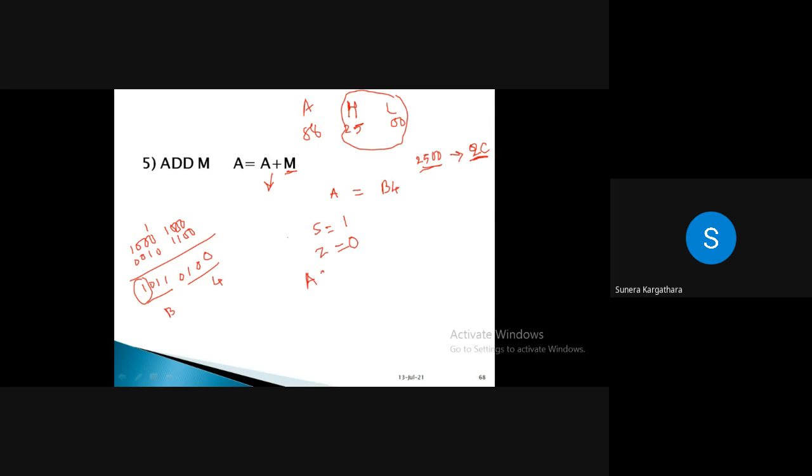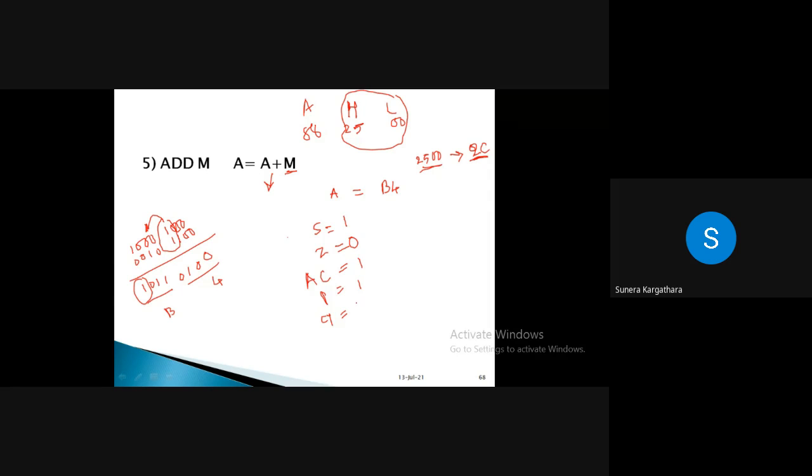What about auxiliary carry? It will be 1. Student, can you see here? The carry will be propagated from the lower nibble to the higher nibble, right? हमने जहाँ पे 8 bit addition किया, so lower order पे 4 bit में से carry generate हुआ, and that we are getting on the D4 bit of the result. So yes, the auxiliary carry flag will be set to 1. Very good, right? What about carry? 0. Carry is 0, and parity? Here 1, 2, 3 and 4. 4 ones are there, so that will be 0. Very good, Ritesh, right?